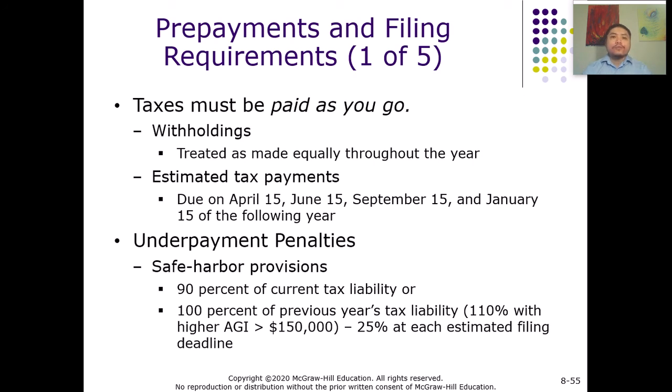As you know, taxes we have to pay as we go, right? So basically, you can't owe the government any taxes. We have to pay as the tax expense is incurred. That's why every month when you receive a paycheck, the employer already withheld some of the income from the paycheck, because you have to pay tax to the government on the fly. You cannot wait until later. So you have to pay as you go.